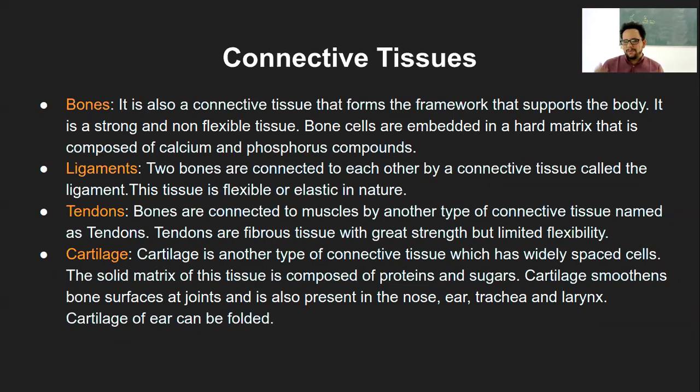So that means, of course, they have certain fibers and they have cementing material which are connecting those cells. But just because of the presence of these ions, that is calcium and phosphorus, and of course certain properties of those cells, the bones are much harder in terms of their consistency. So that is the bone.